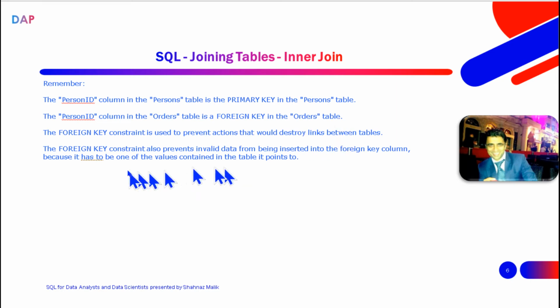So it's simple, and the foreign key constraint is used to prevent actions that would destroy links between tables. The foreign key constraint also prevents invalid data from being inserted in the foreign key column, because it has to be one of the values contained in the table it points to. So it's very simple if you read it, and once we start